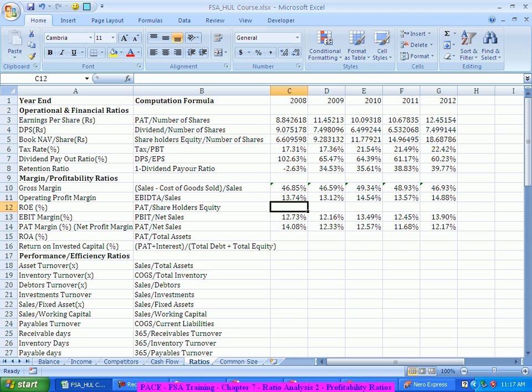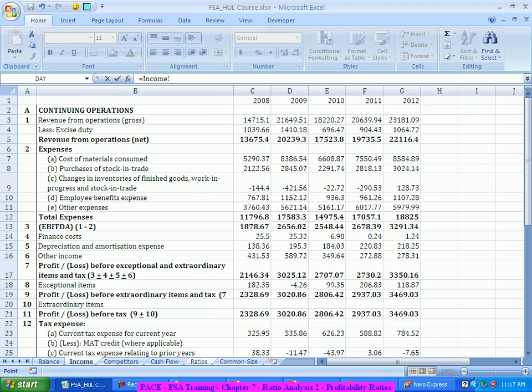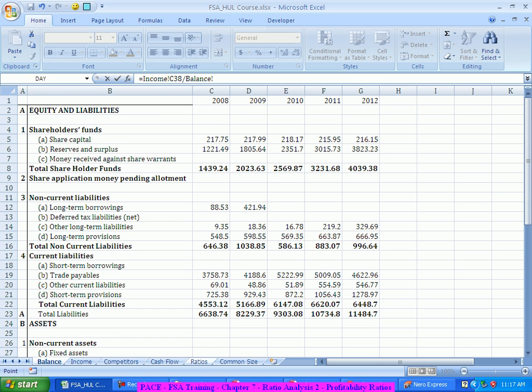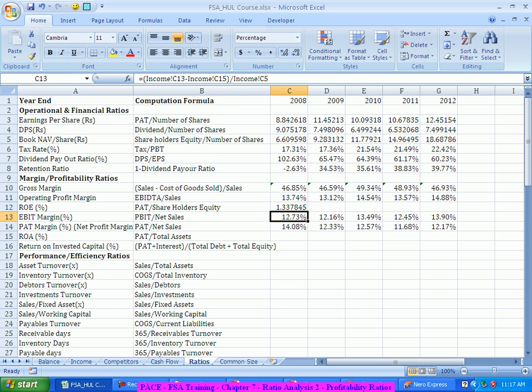Right? Now, that is nothing but the PAT divided by the book value of the equity, which is the total shareholders' funds. Because that is the total capital that has been invested into the company by the equity investor. So I will simply bring it as PAT divided by book value of the equity. Book value of the equity is this one. This tells